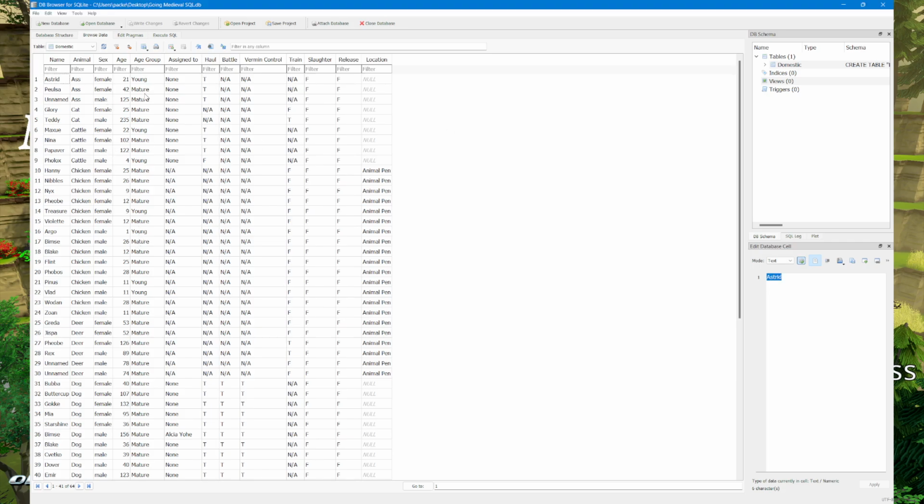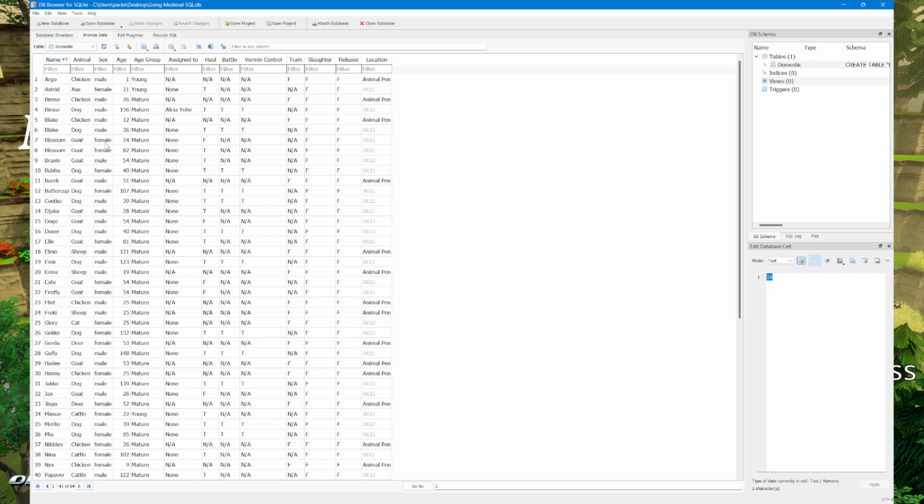The only two changes I needed to make from the original table in the game were to split sex off from animal, because how it's actually presented, there's like ass and then parenthesis F for female and ass male. So I split those off into two columns, and I also converted age from years and days to just days because it makes things a lot easier. I used 48 days for a year because each season in the game is 12 days. But I did this so I could prove the point about the game: